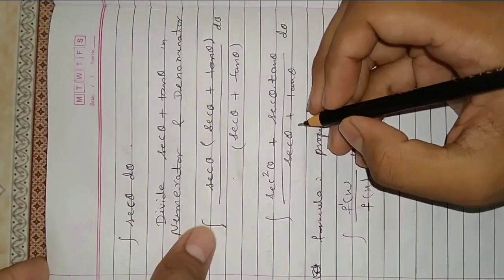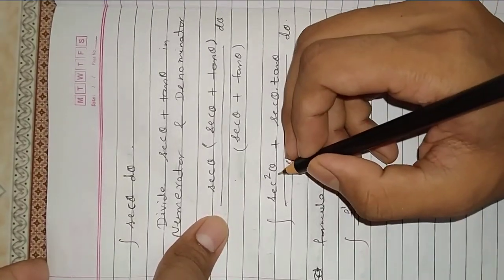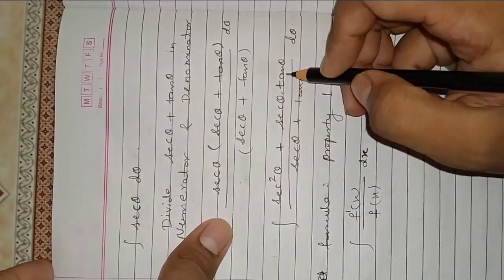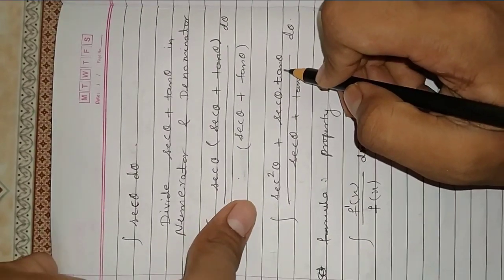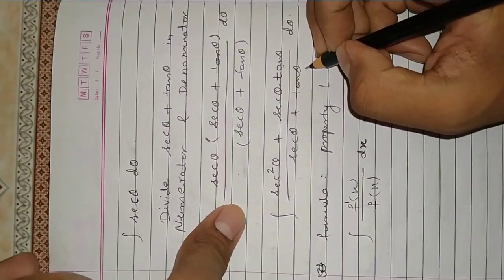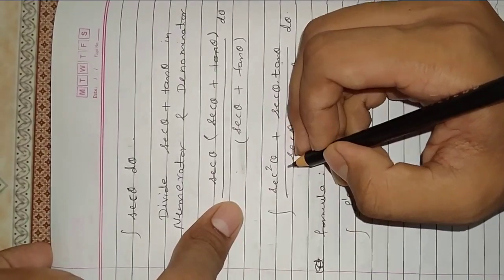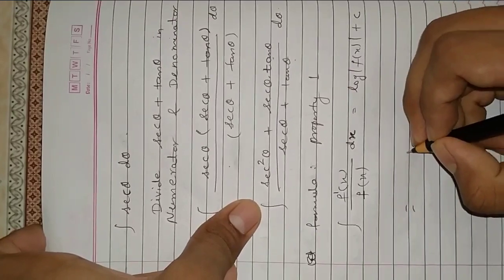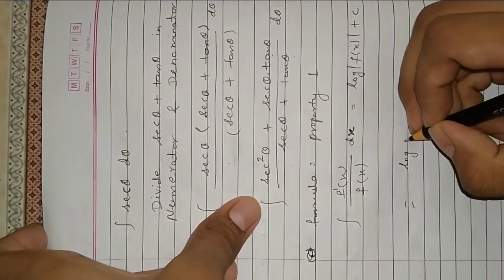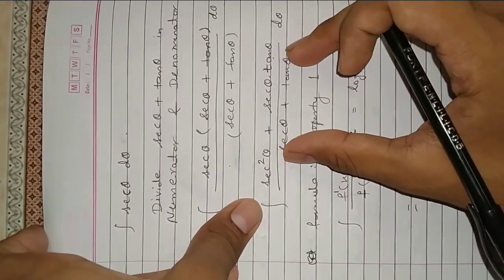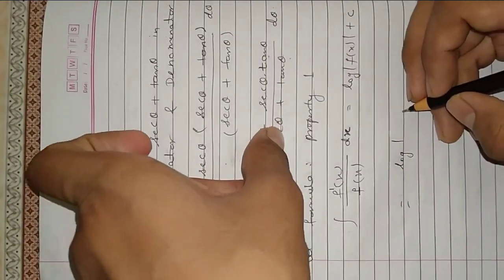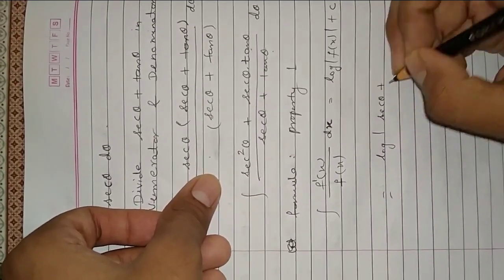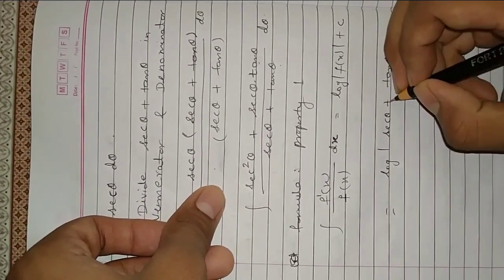So in your expression, what is the derivative of sec theta? You will get sec into tan, so it is present in the numerator part. And what is the derivative of tan theta? Sec square theta, so it is also present. So I am directly going to write log of the function. What is the function? Sec theta plus tan theta, and their derivative is present in the numerator, so I am going to write sec theta plus tan theta,